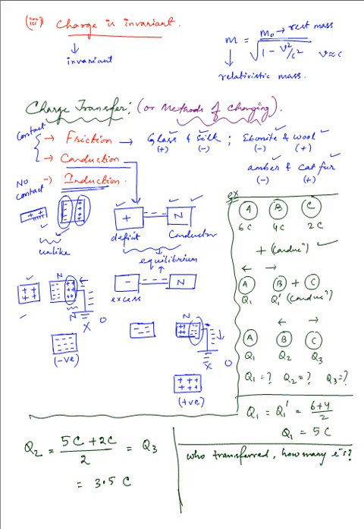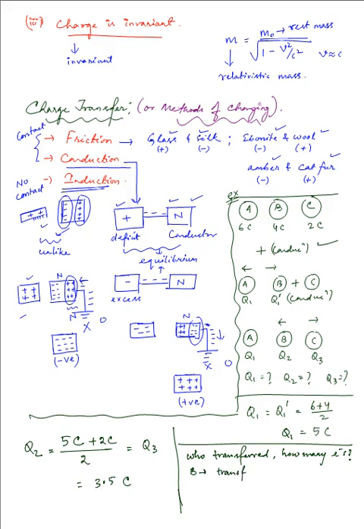So obviously it has transferred 1 coulomb of electron, that is minus 1 C, to A, and as a result of that it has gained a charge of 5 coulomb, while B also gained a charge of 5 coulomb by losing minus 1 coulomb. So in the first case, B